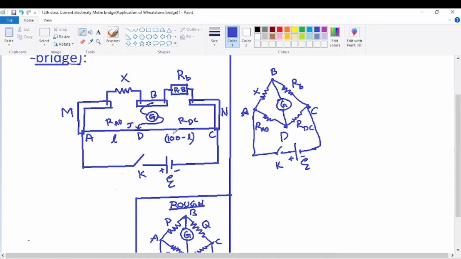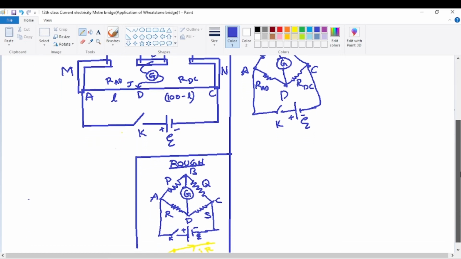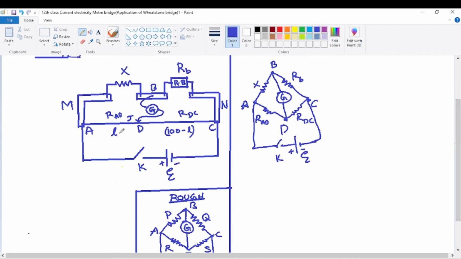So the same way here also, as much as possible we are avoiding negative potentials, negative numbers. The same way, another complicated thing is decimal fractions are more complicated compared to whole numbers. If you are using centimeters, everything will be whole numbers. That's why we are using length to be in centimeters. So now this way the balancing length is noted down exactly, which is the length AD